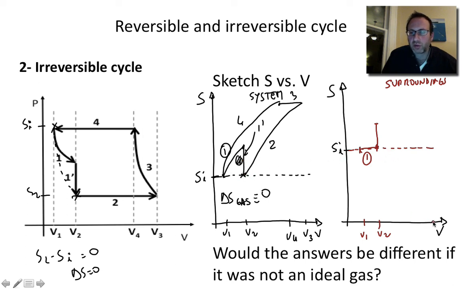The rest of the cycle stays the same. So during the expansion to V3, the surroundings is providing heat, and so the entropy of the surroundings has to decrease. From V3 to V4, the entropy has to be constant. So this is leg 1 prime, this here is leg 2, this here is leg 3, and then leg 4 has to be compression, so the entropy of the surroundings is now increasing because heat is being dumped from the gas to the surroundings, and we end up at this point, we end up offset exactly by the amount that was given back